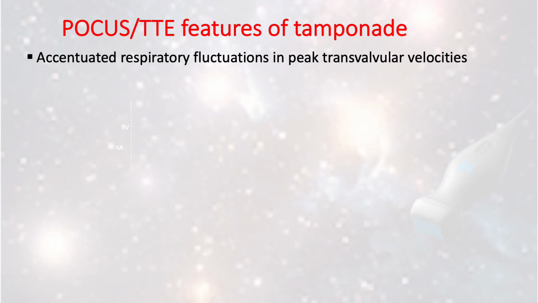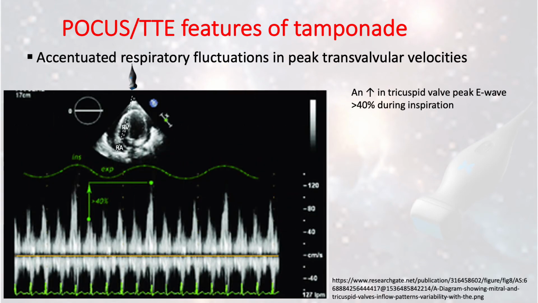This will lead to more blood moving through the tricuspid valve, and thus the velocity across the tricuspid valve will be more during inspiration compared to expiration. Normally this increase is less than 40%. In the appropriate setting, when this difference exceeds 40%, then this is a tamponade physiology. Now in this example,